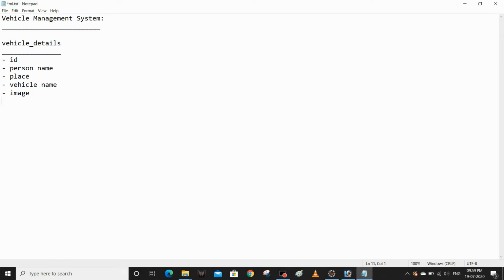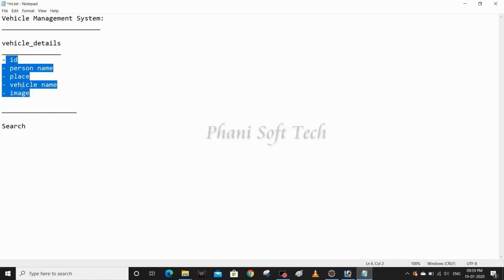Our criteria is that I'm going to maintain all buyer details in this table, and I'm going to search based on the place. Place is not a primary key; here ID is the primary key.